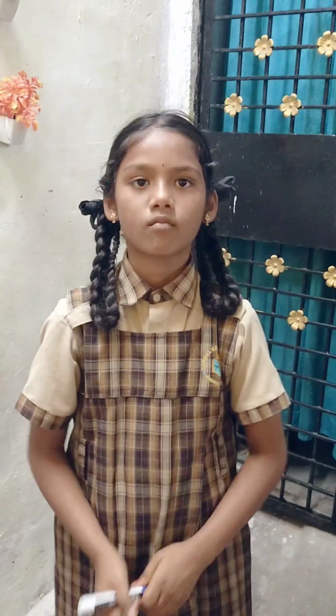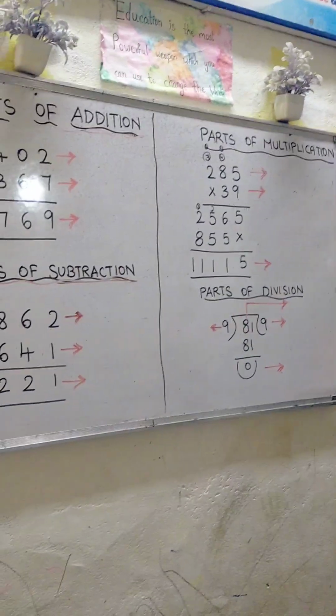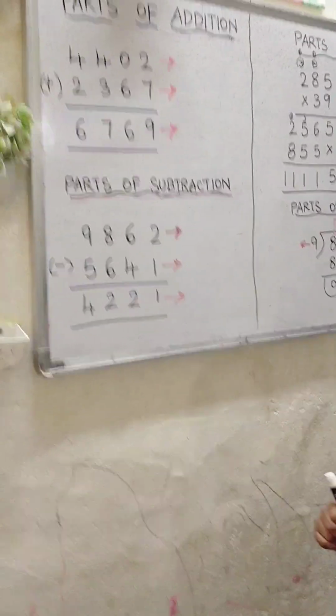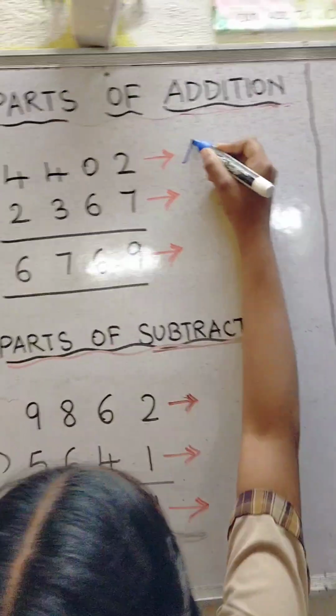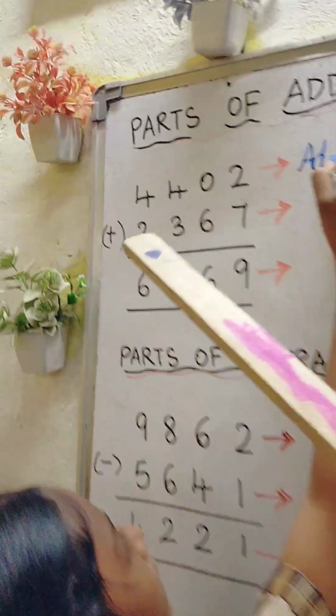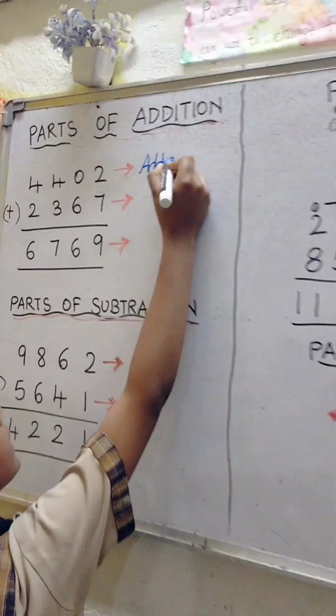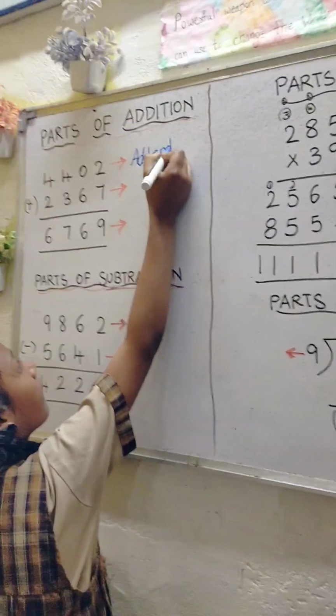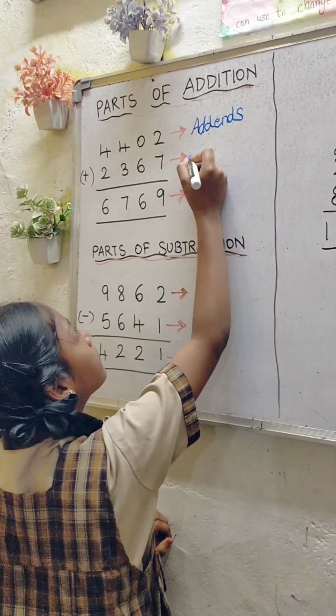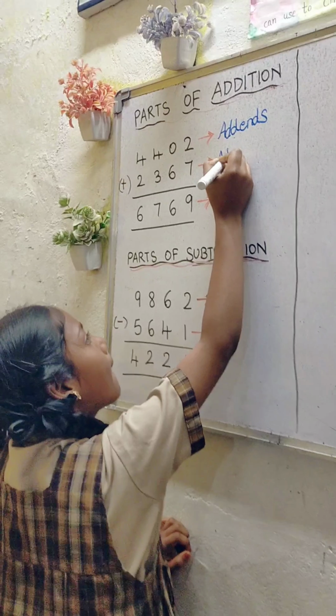Okay, so you know that each of these operations has a symbol and parts. Yes? Okay, so will you please label them on the board? Yes, ma'am. Okay, please go ahead. So first you have to write the parts of addition. The symbol of addition is plus. I already solved them. You don't have to solve. You just have to name the parts. Yes. Please increase your speed of writing, dear.